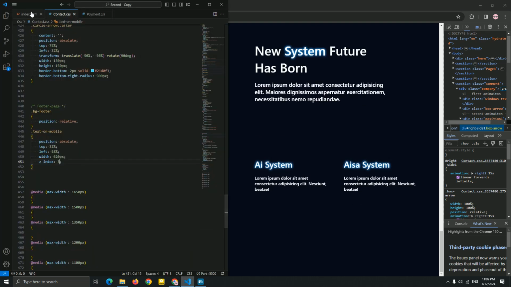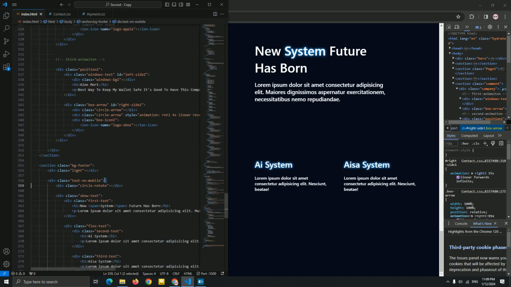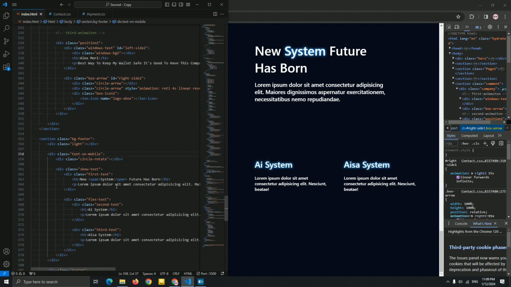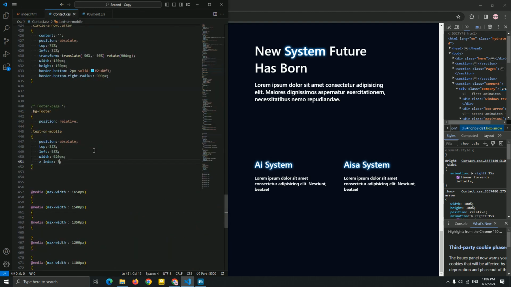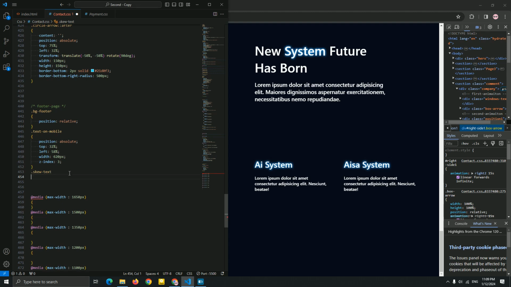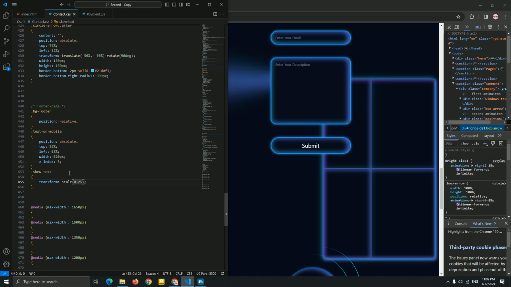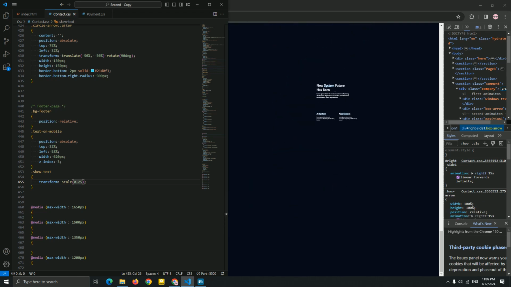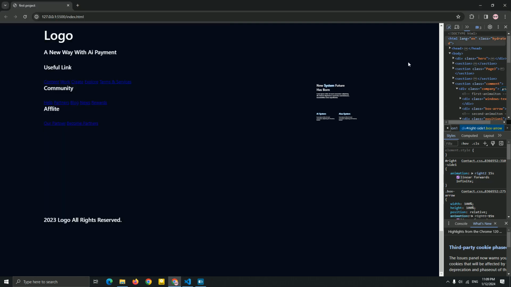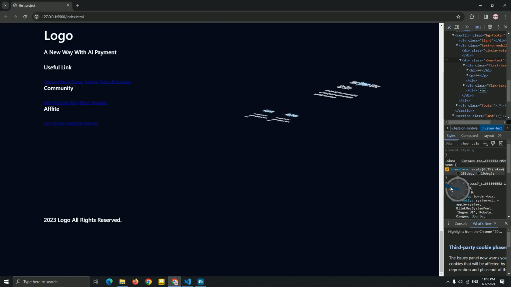Now let me just add ID for this, guys. So let me add it here, or SQ text, or we have a class for this, I'm sorry. So let me call it here SQ text. I want to be SQ, and I want to add a scale to just be a small, this size. So we need to add a transform. First, let me just add a scale to be a small. Let me see if this is good. Yes, this is good. Okay, now let me just add a SQ for this text.